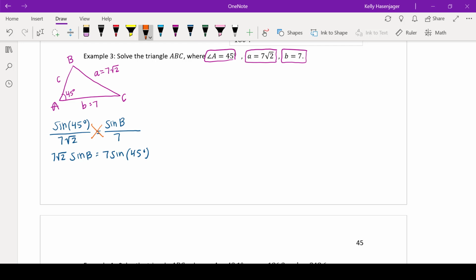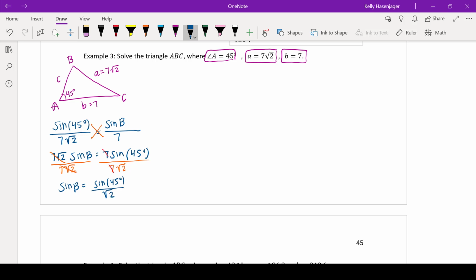Then I'll divide both sides by 7 root 2. It'll cancel. And I'll be left with sine of B is, actually even the 7's cancel. So I'll just have sine of 45 degrees